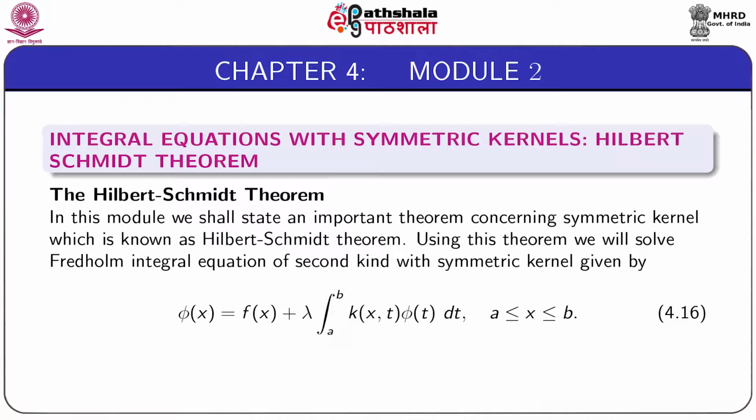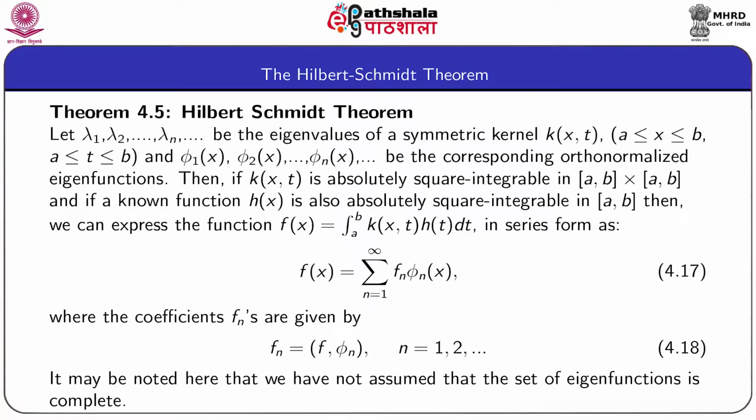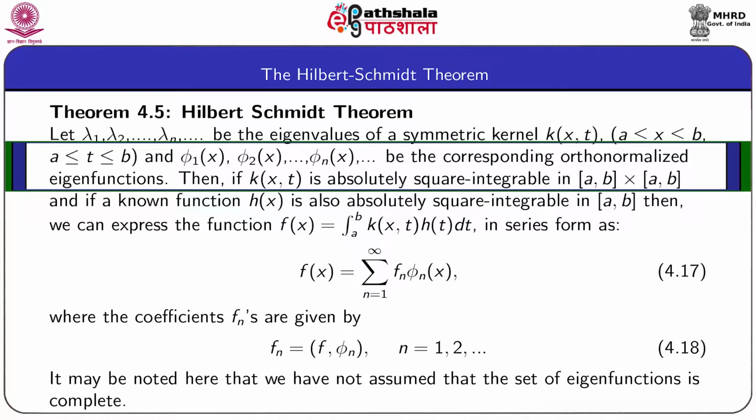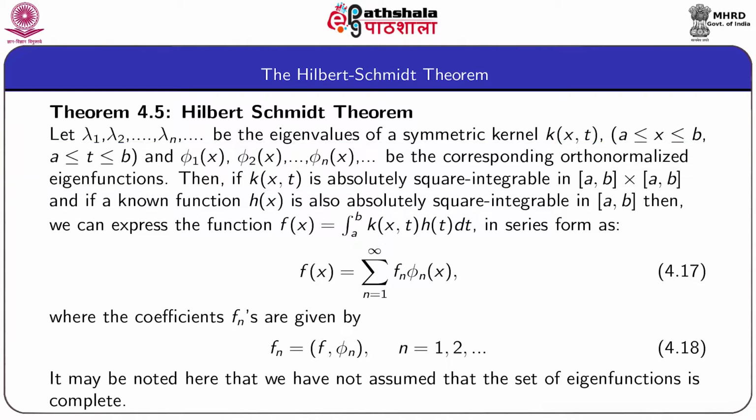So, we first state Hilbert-Schmidt theorem. Let lambda 1, lambda 2, lambda n etc. be eigenvalues of a symmetric kernel k(x,t) where x and t both lie in the closed interval [a,b], and phi 1(x), phi 2(x), etc. phi n(x) are the corresponding orthonormalized eigenfunctions. Then if k(x,t) is absolutely square integrable